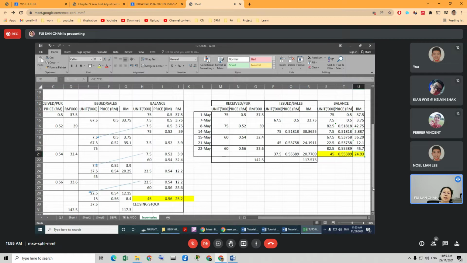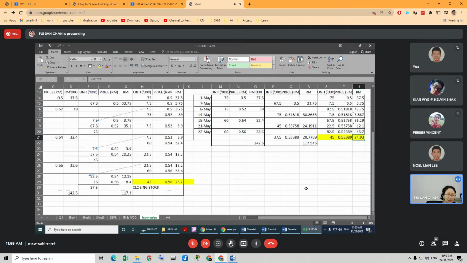Which method gives you a higher gross profit? The weighted average. The weighted average. You sure? Okay, let's... Yeah. Which one gives you a higher? Okay, never mind. You can take a wild guess now. Okay. So come, we